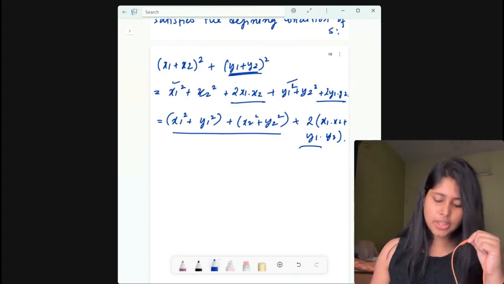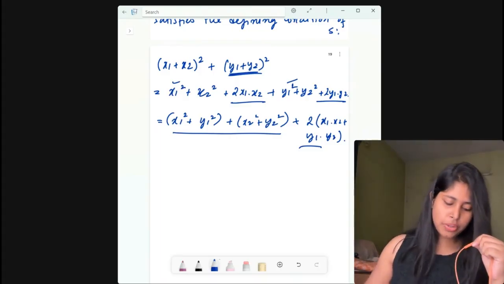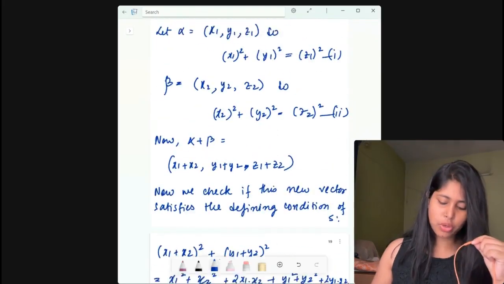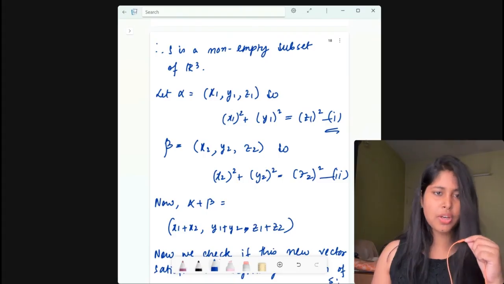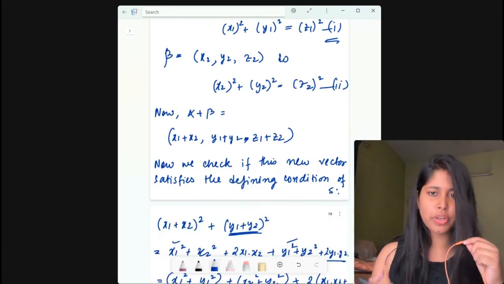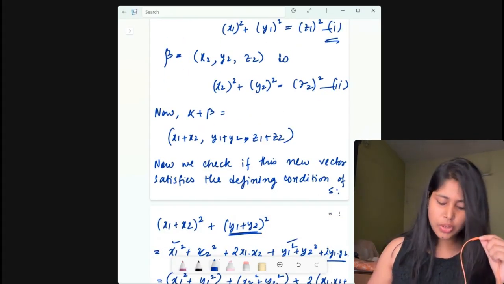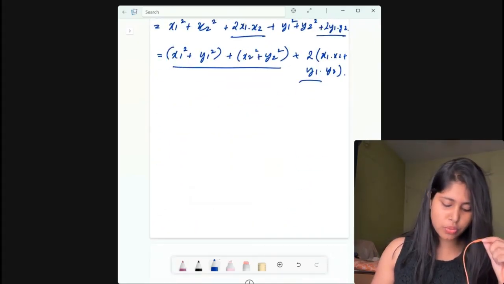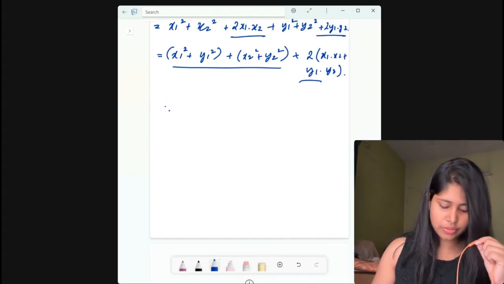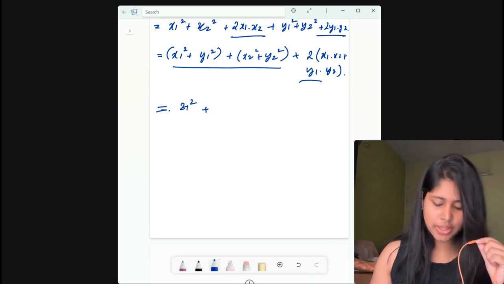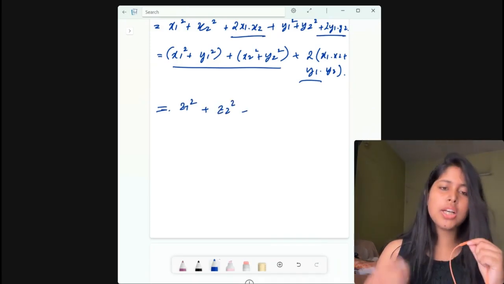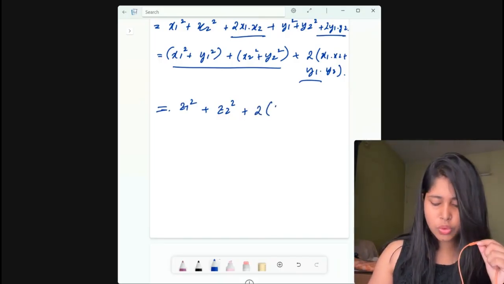Now according to equation 1, you see what is the equation 1, equation 1 is x1 square plus y1 square is equals to z1 square, right? And x2 square plus y2 square is equals to z2 square. Now you can see that x1 square plus y1 square is equals to z1 square, and x2 square plus y2 square is again z2 square. But we are again left with this term 2 into x1 into x2 plus y1 into y2,